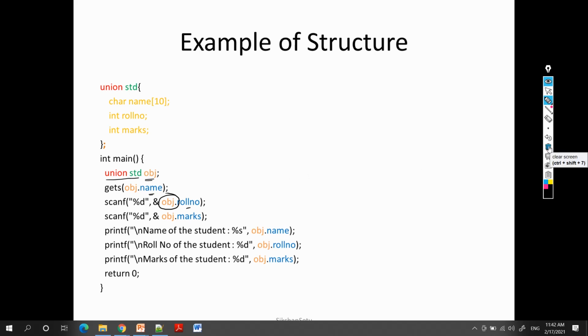But the very interesting thing about union, and how union is different from structure, is its memory. Now we talk about the memory allocation of the object. Once this statement gets executed, what amount of memory will this particular obj contain?